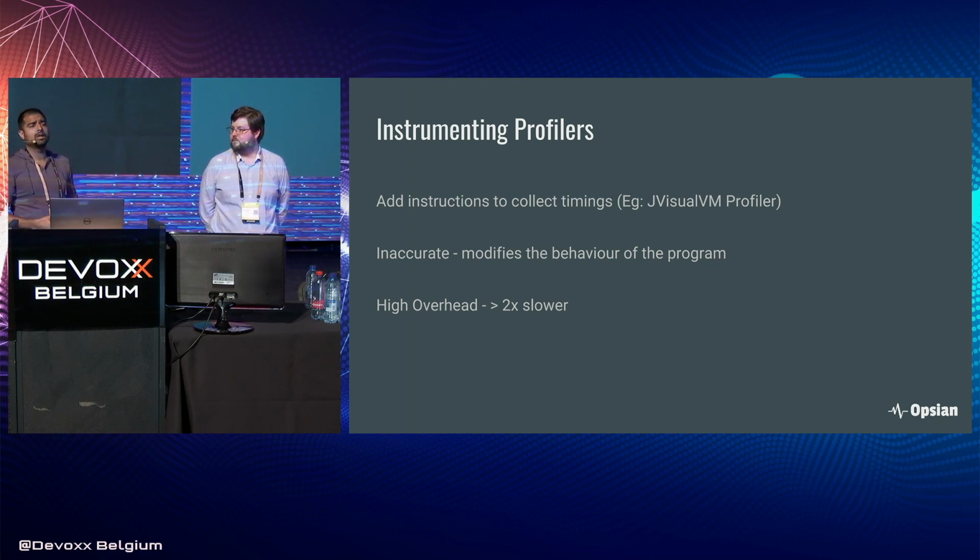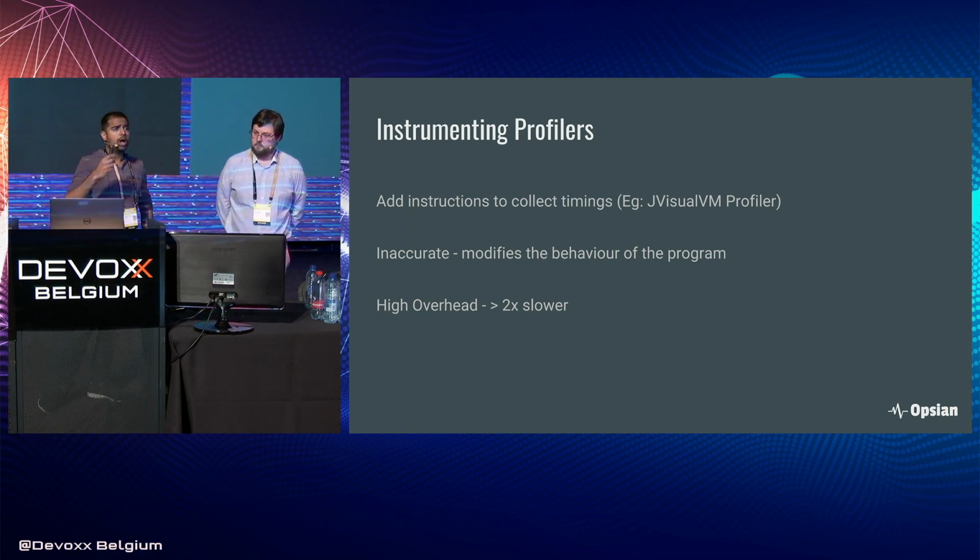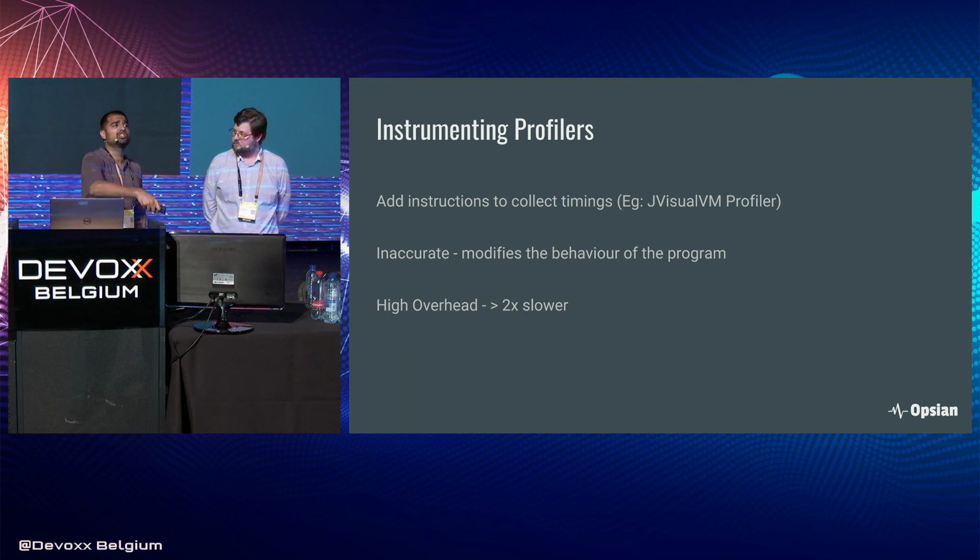If we were looking at a wall clock time instrumenting profiler, it would add instrumentation at the beginning and at the end of a method, so it knows when you've entered and exited a method, and from that it could construct the call stack samples that you can then use to produce these reports. Now, the problem with an instrumenting profiler is that it modifies the application under test. The instrumentation it adds changes the behavior of the application, and it changes the behavior in a way that's not uniform across all programs. So it's not like we can say an instrumenting profiler adds 20% overhead to all programs. Some programs, it might add little overhead. Other programs, it may add dramatic overhead.